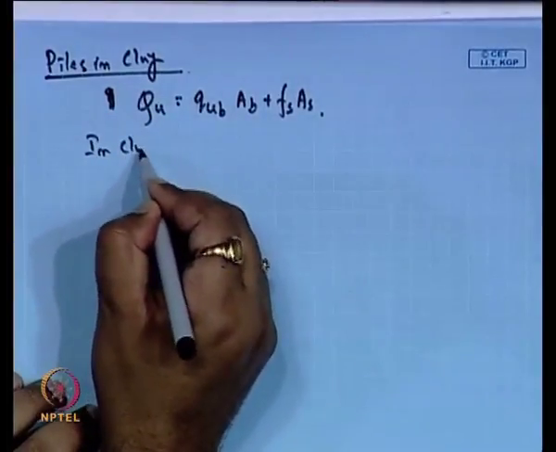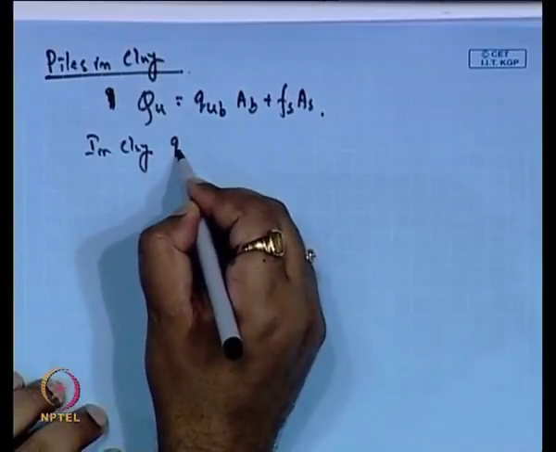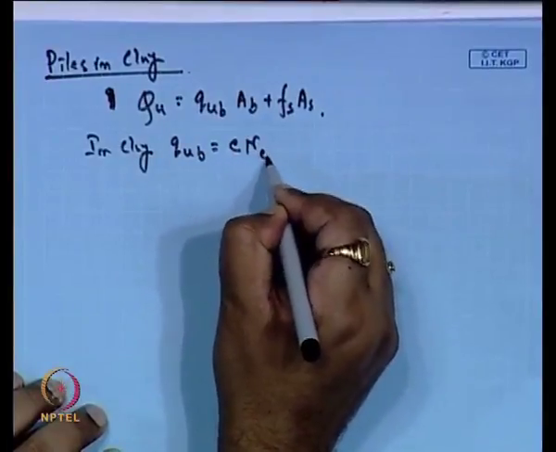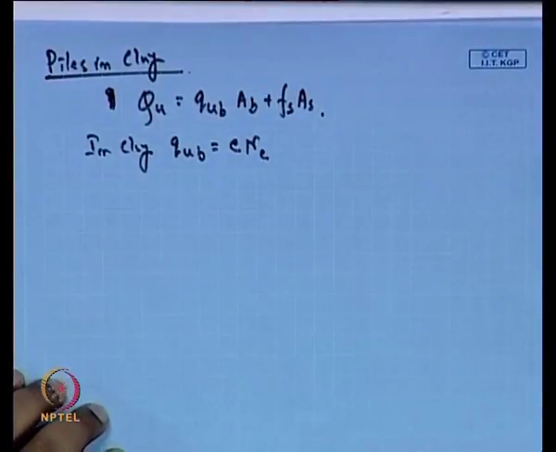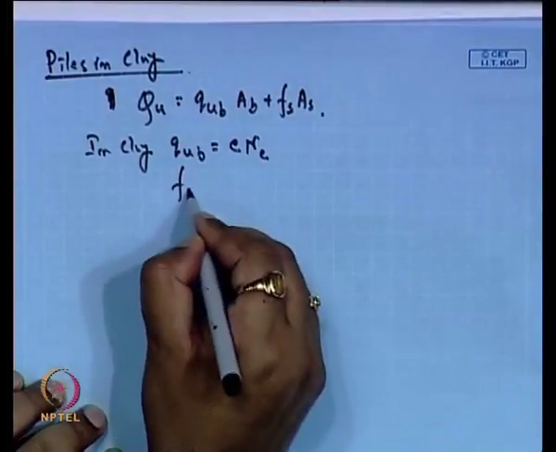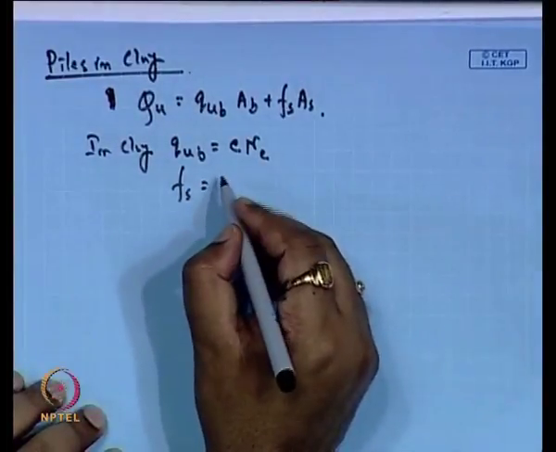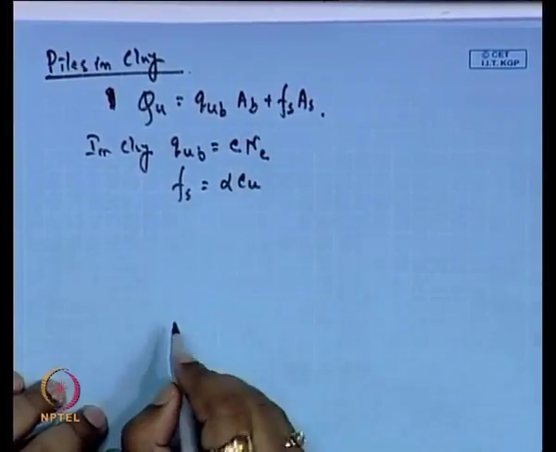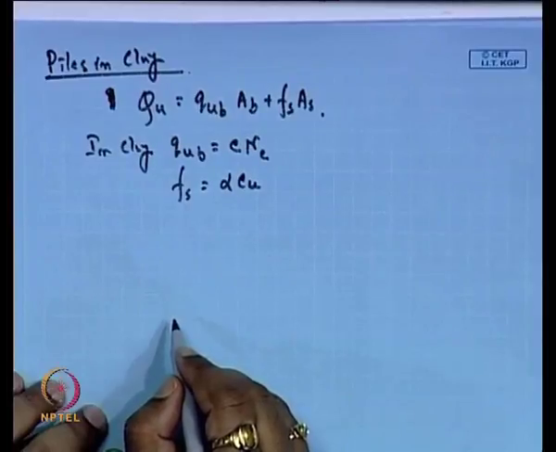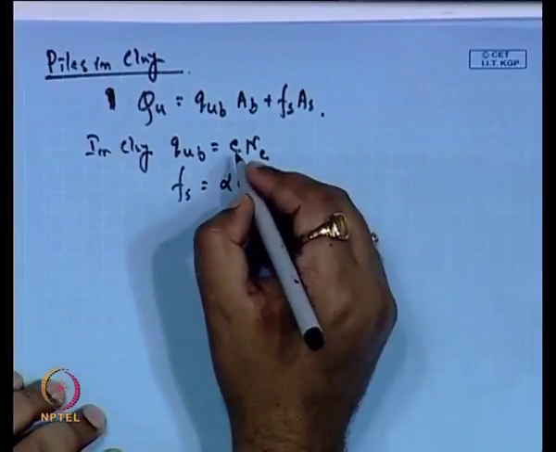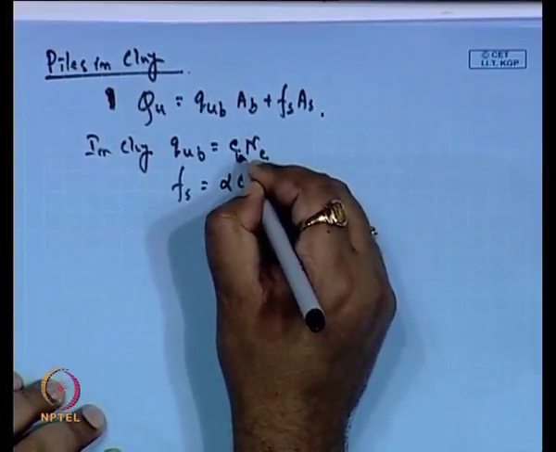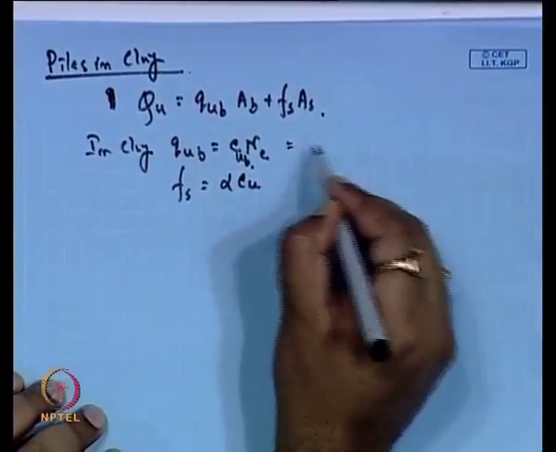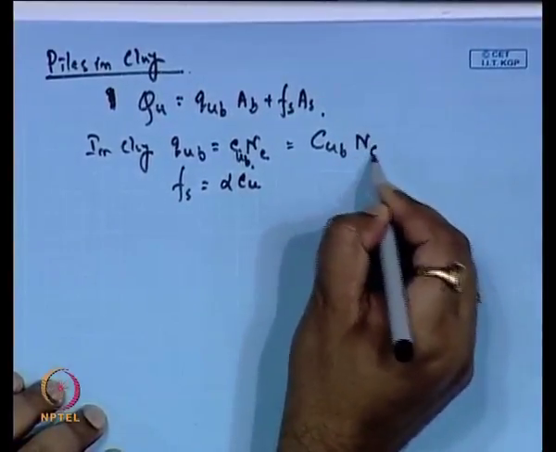Here in clay, Qub is Cu times Nc that we are considering, and Fs that we are taking is alpha into Cu. So we can write this as Cub into Nc, and this is alpha into Cu,